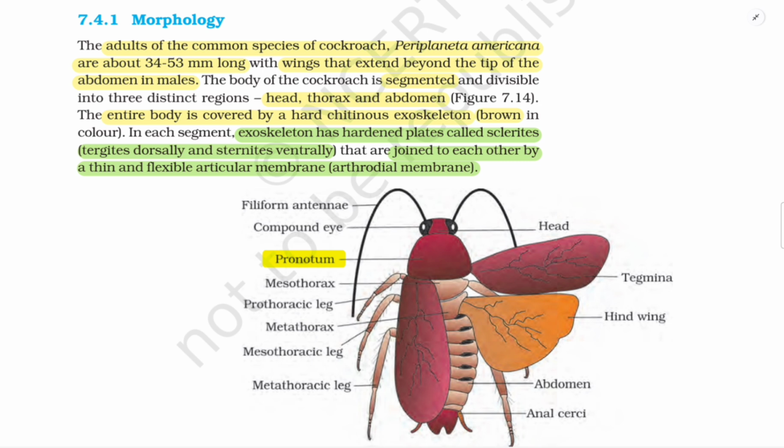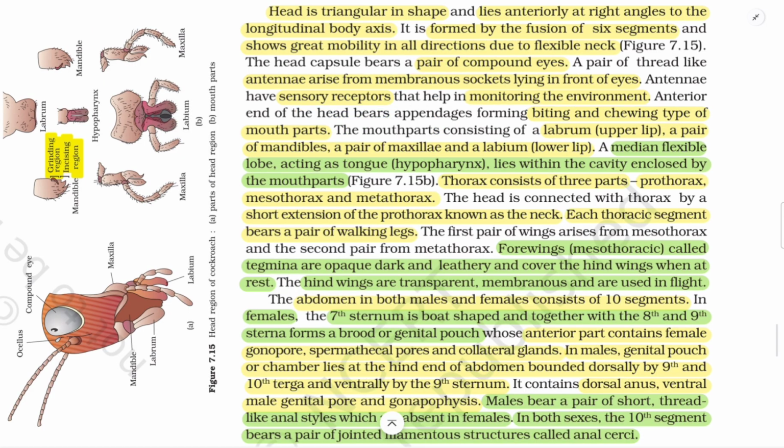In each segment, the exoskeleton has hardened plates called sclerites, tergites dorsally and sternites ventrally, that are joined to each other by a thin and flexible articular membrane, also known as arthrodial membrane. The head is triangular in shape and lies anteriorly at right angles to the longitudinal body axis. It is formed by the fusion of six segments and shows great mobility in all directions due to a flexible neck,